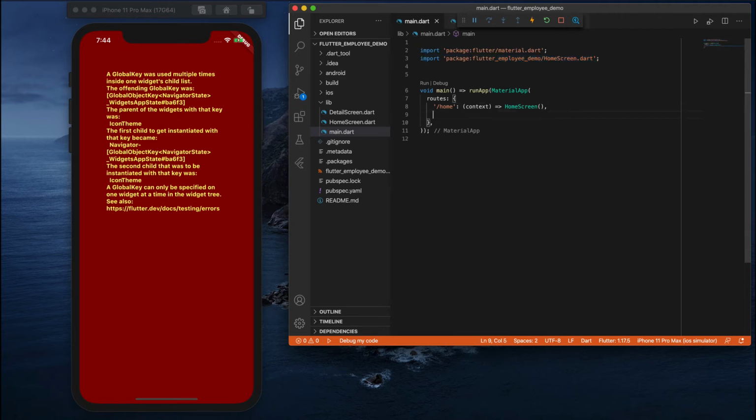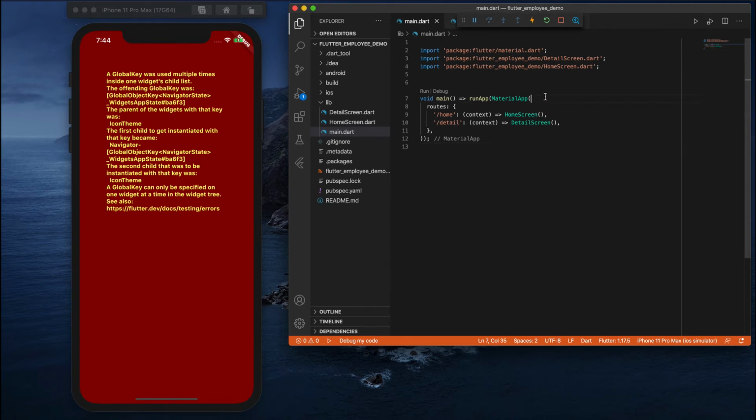We'll see the same for the second one. The second one I'll name detail, with context, and then DetailScreen. When I write this, you can see that even this detail screen file automatically got imported here. So we are done with creating a routes property.